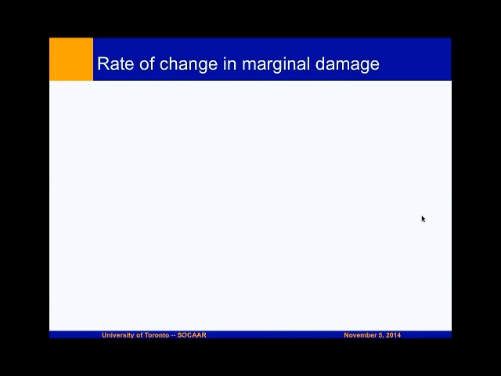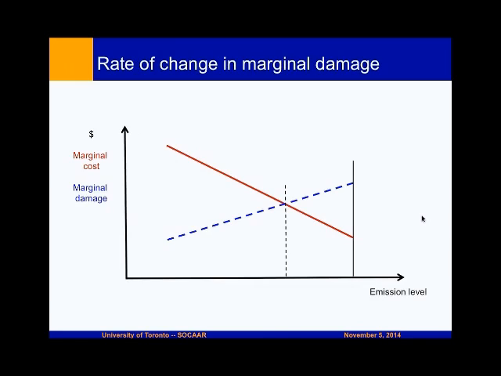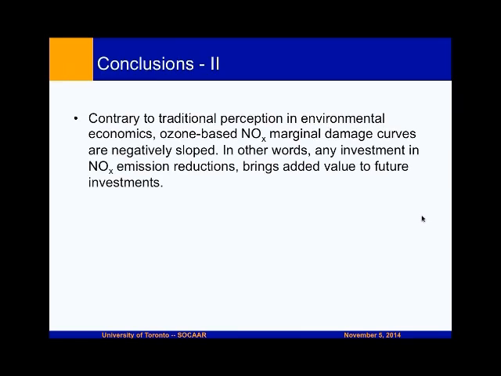Why is that important? Back to this point. This was our optimal point of economic operation, where we want to get with our policies, with a decreasing marginal damage curve. If our marginal damage is actually increasing, our optimal point, our equilibrium point, is going to be here, which is quite further. How much further would depend on the shape of those plots, but it's further than what we already think it would be. So with an increasing marginal damage, we have to be more aggressive in our emission control to reach the point of economic equilibrium. That's essentially the message. So the conclusion is that what we see in environmental economics textbooks is not correct for ozone,